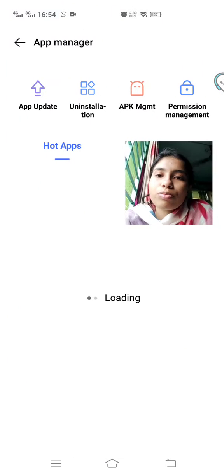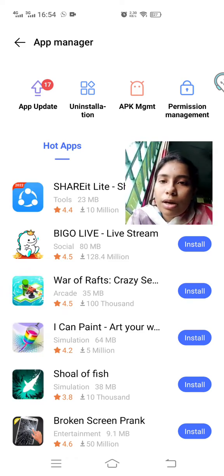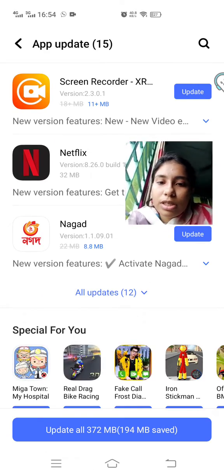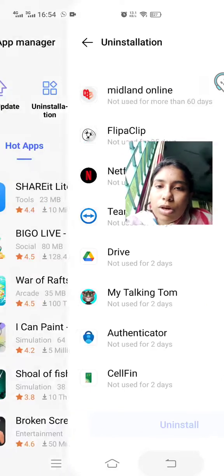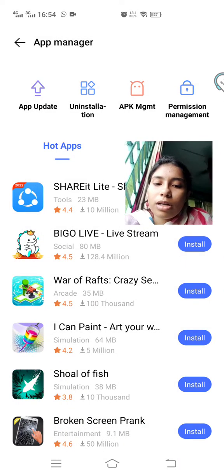Then there is the option of app manager. You can update here with a very simple touch. Then you can uninstall from here, just one touch. Also some other options,